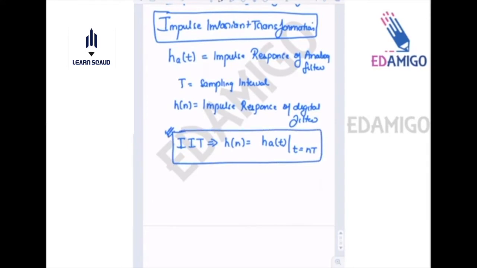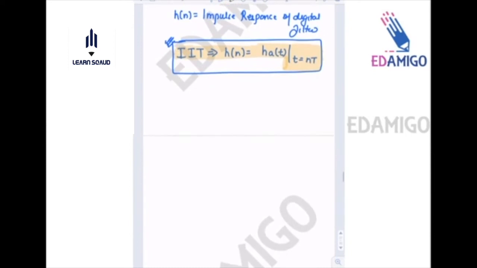Okay, so this is actually the transformation, how to transform the analog filter into digital filter, by simply sampling it. Okay, so this is the IIT method, that is the impulse invariant transformation method. Now